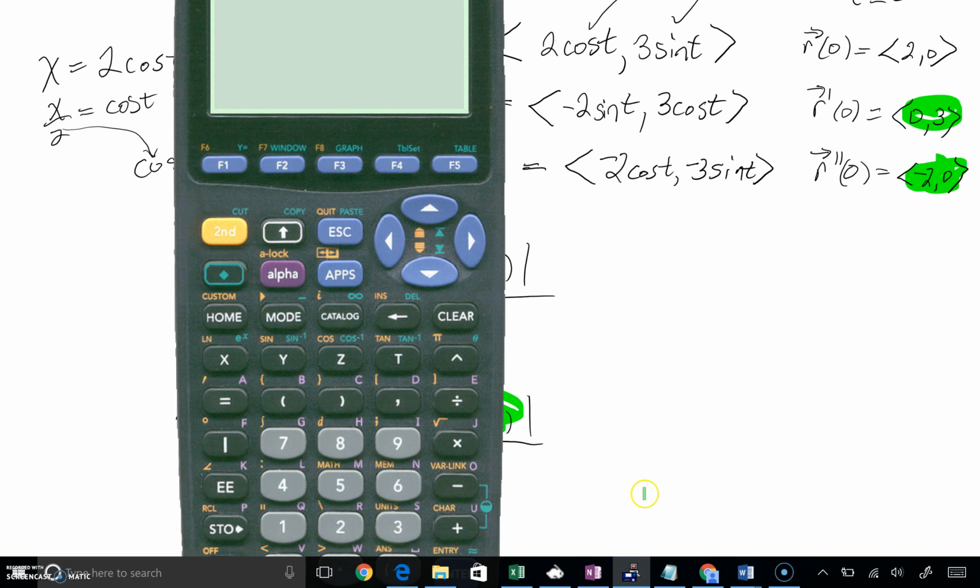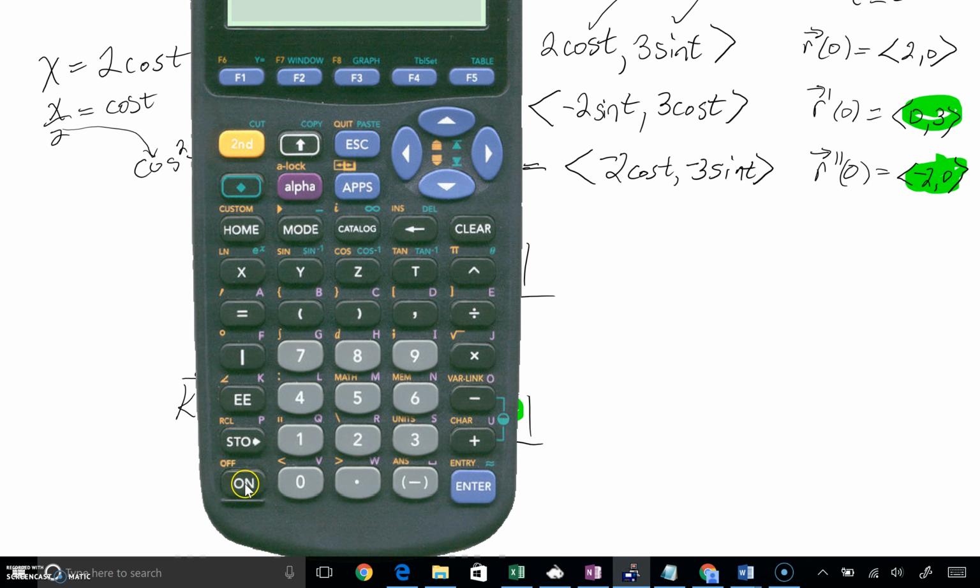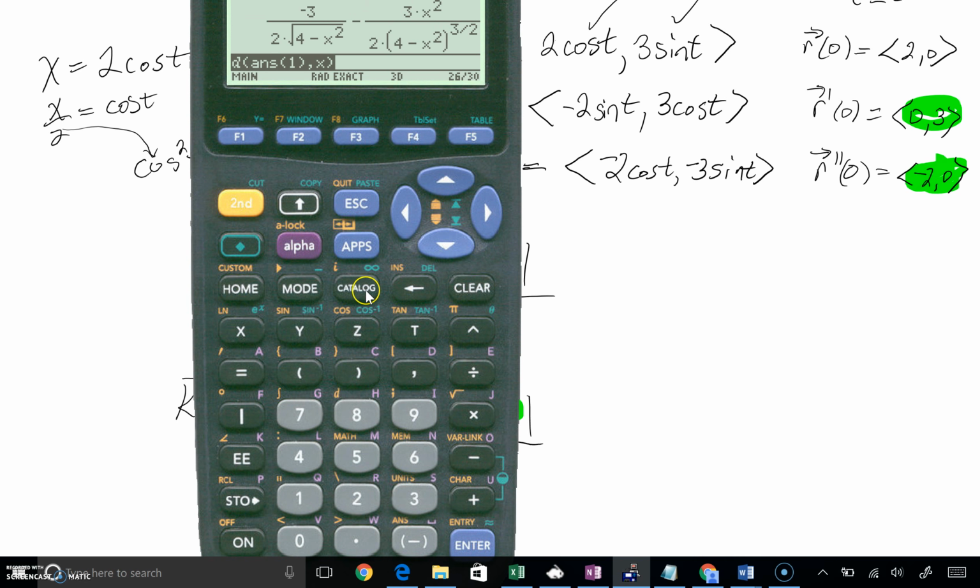if I try to get that 89 up, and we can bring that up here, we can say, well, let's get our catalog, and we'll get our cross product, and we'll say the cross product of, and if we were to type in 0 comma 3 comma, and then if we went from negative 2, didn't mean to make the negative show up twice, and make that negative 2 comma 0,